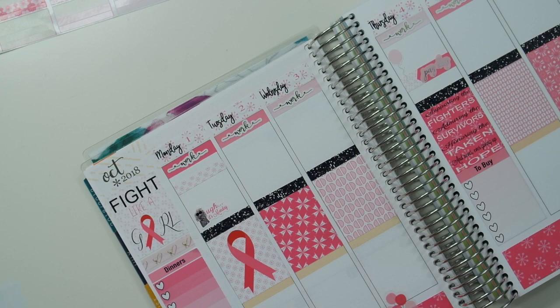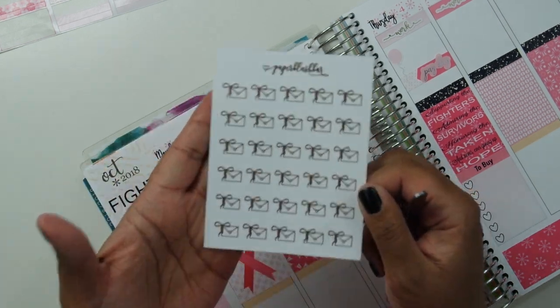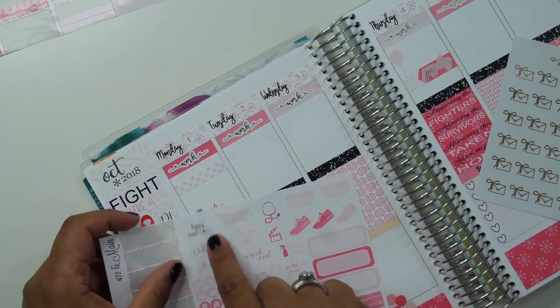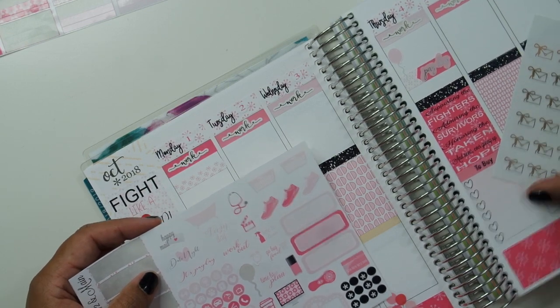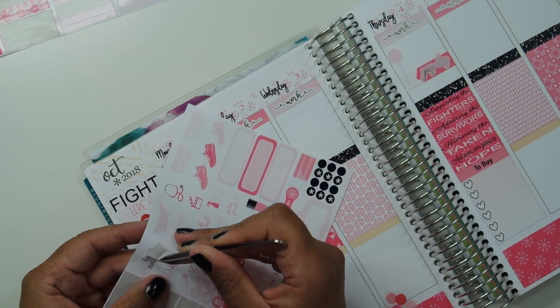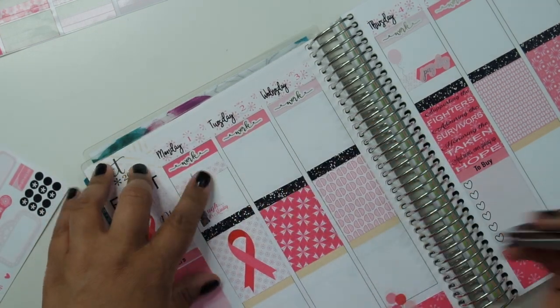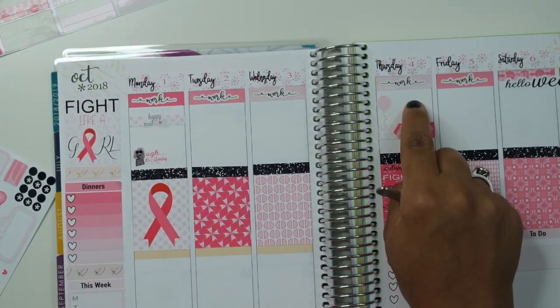We actually have two. I have this sheet from Paper Blush Bar that has the Happy Meal envelopes, but I do have a Happy Meal sticker here, and I do like that, so I'm going to use that instead of the Paper Blush Bar. I'll save those, and I'll use this one, and I'll just put that right there. So we're going to get Happy Meal there, and then actually on Thursday,